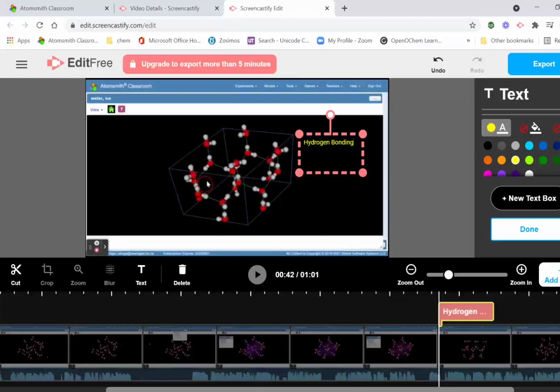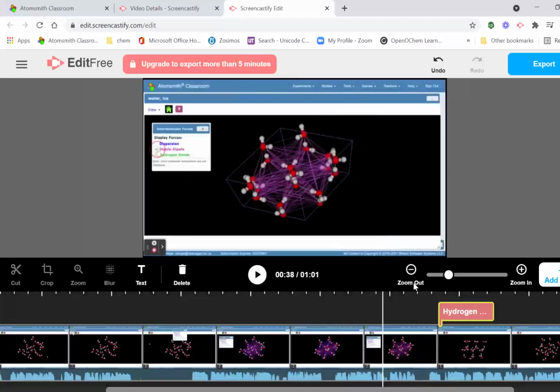I'd like to make this a little bit larger. So I'm going to select the text and scroll up. Here's where I can adjust this. So you can do various adjustments of the text. So that looks pretty good. So for instance, if I were to play the video,